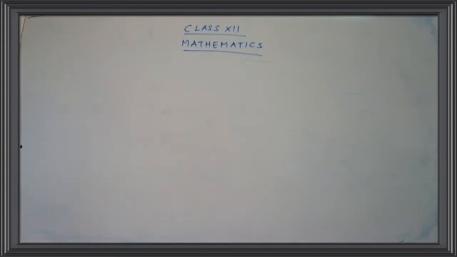Today we are going to continue with exercise 2.4. We have already solved exercise 2.4. Yes children, we have completed sum number 1 and also sum numbers 2 and 3. And sum number 4 was given as homework. Today we are going to continue with the next question, that is question number 5.